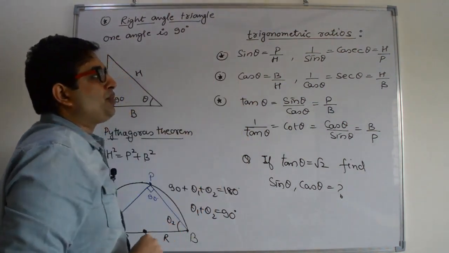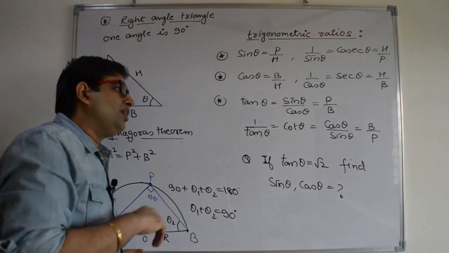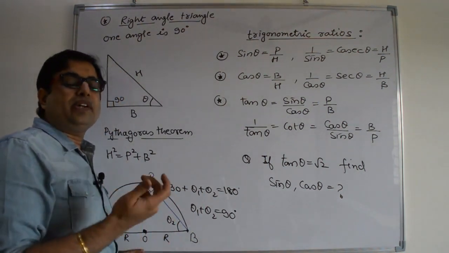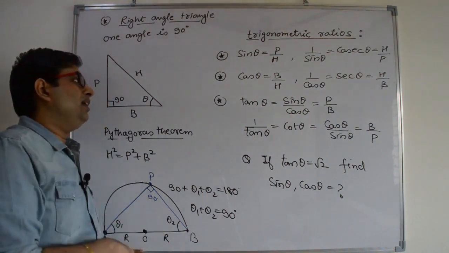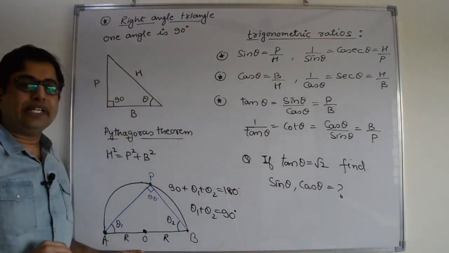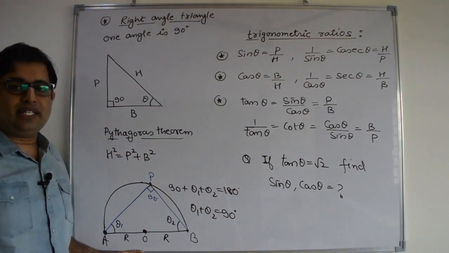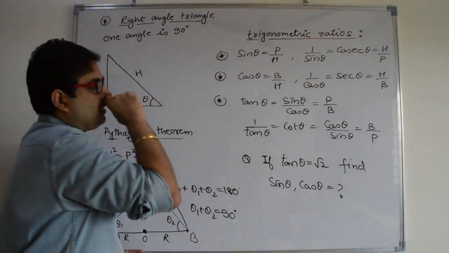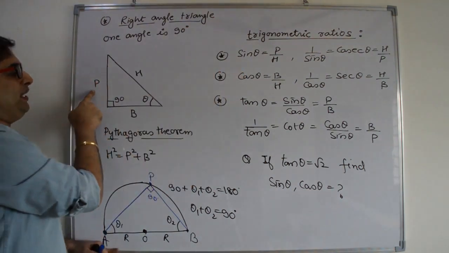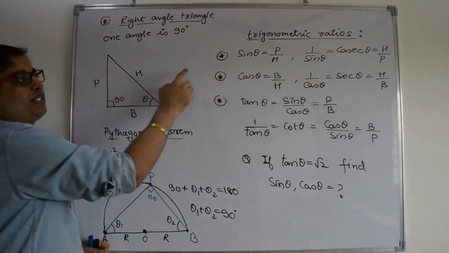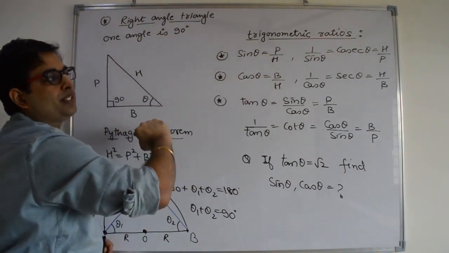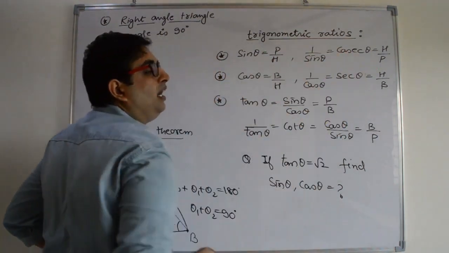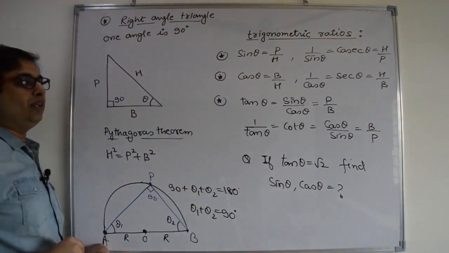Now trigonometric ratios. Sin theta, cos theta, tan theta. These are very simple points. These are the ratio of sides only. Sin theta, cos theta, tan theta, these are only ratio of the 2 sides. Let us see this sin theta. Sin theta is perpendicular upon hypotenuse. 1 by sin theta is known as cosec theta, and cosec is hypotenuse upon perpendicular.